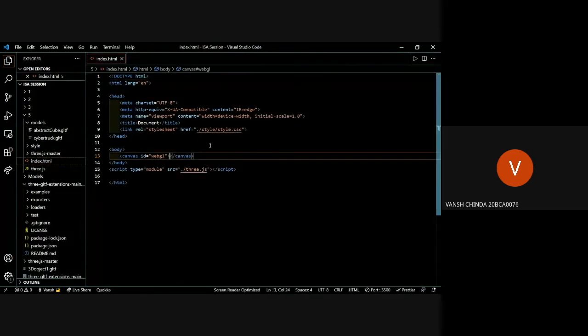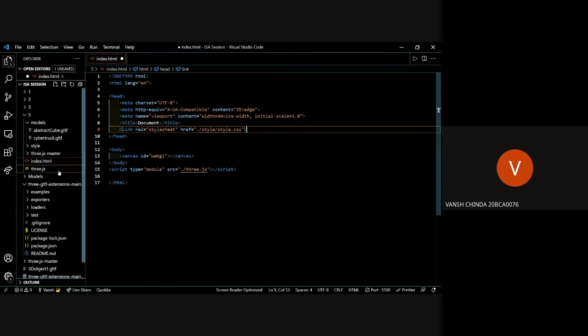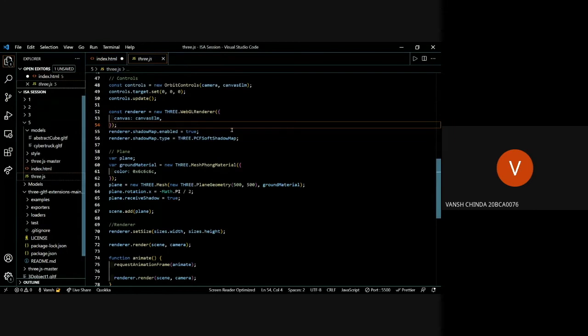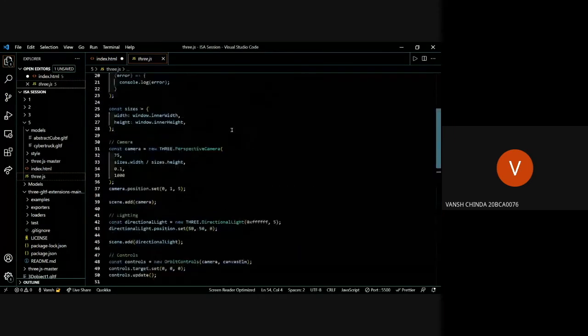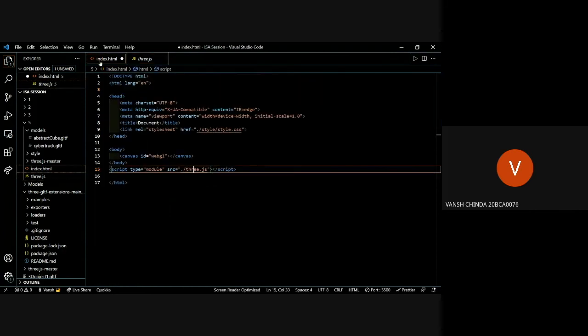Now, what's the difference in this HTML? We added the canvas and the 3JS file. But where's the 3JS library code coming from? This is my file, this code we'll get into. But the code is coming from here. We are now importing the 3JS object. We are importing this object, GLTFLoader. I'll explain what all of these are in a moment.